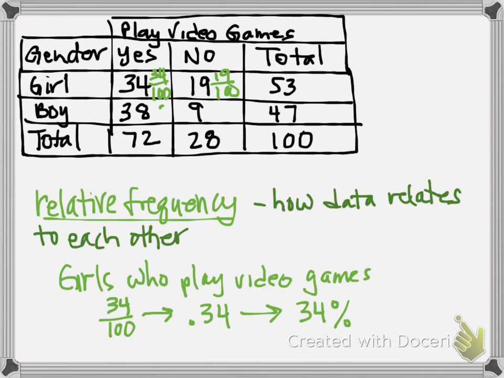38%. We could say 38 over 100, 0.38, 38%. And then what about the number of boys who didn't play video games? What would we say about them? What would be their relative frequency to the kids that were in the survey? Finn? 9 over 100. Yeah, they'd be 9 over 100, which would be the same as